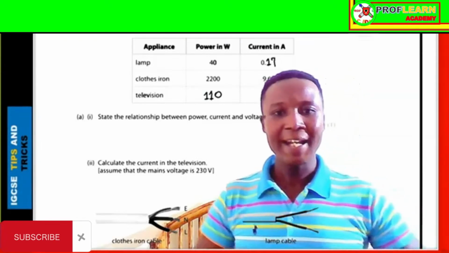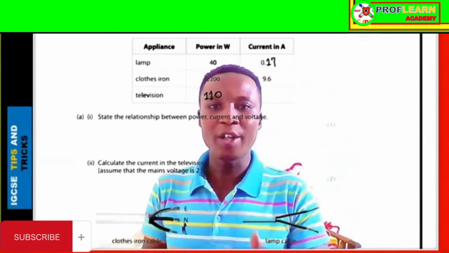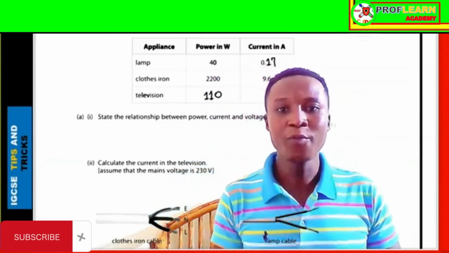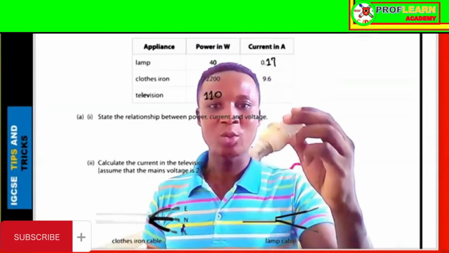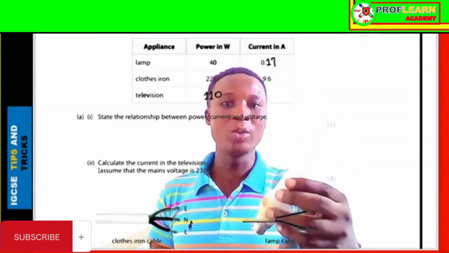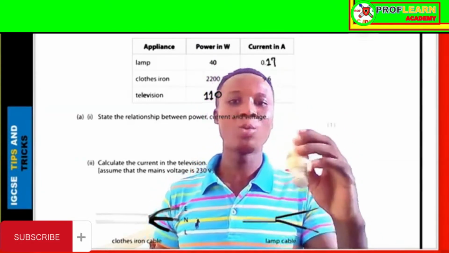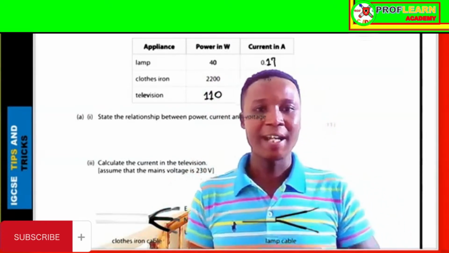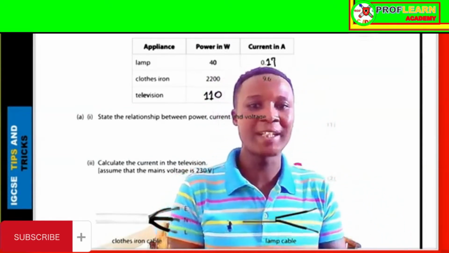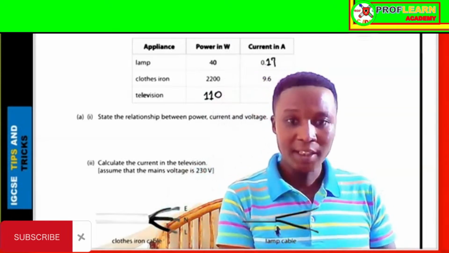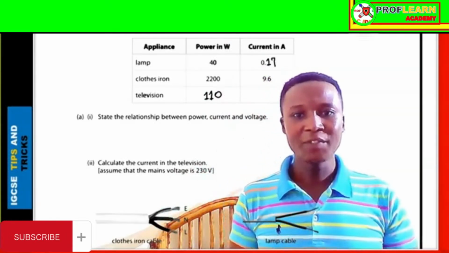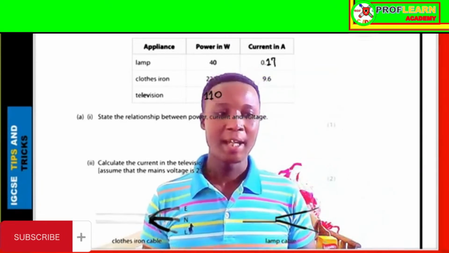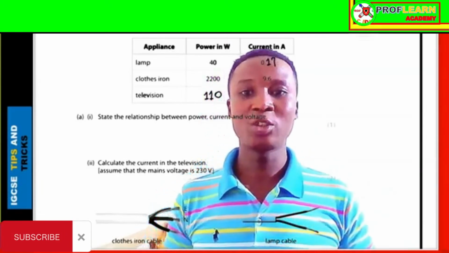So meaning electrical devices convert electrical energy to the forms we need. If we need light, we're going to use the transducer, which is a bulb, which will convert electrical energy to light. If we need to iron our clothes, we're going to use an iron box, which is going to convert electrical energy to heat. In this video, we're going to discuss electrical power, electrical energy, and also questions related to